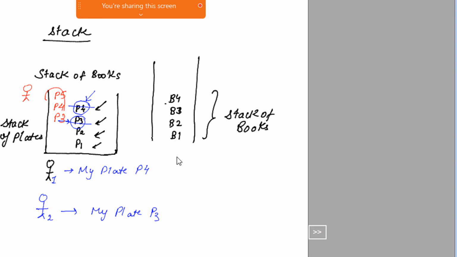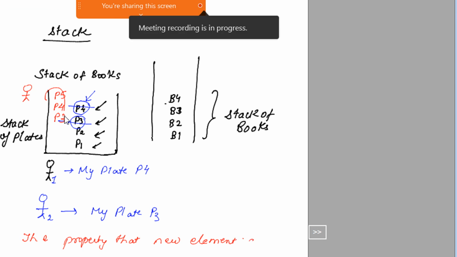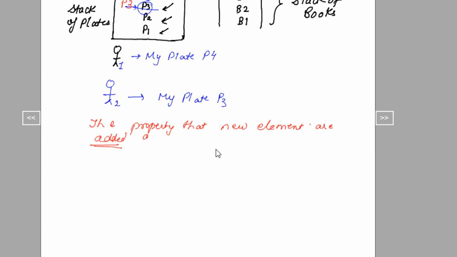Okay. So this structure, whatever we are seeing, the property that new elements are added at top and removed from top is a stack, right?